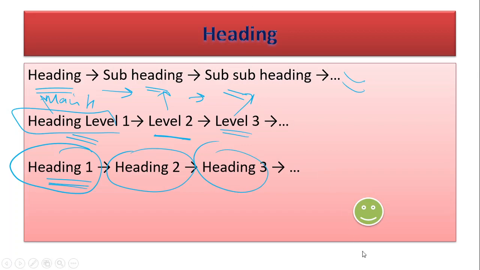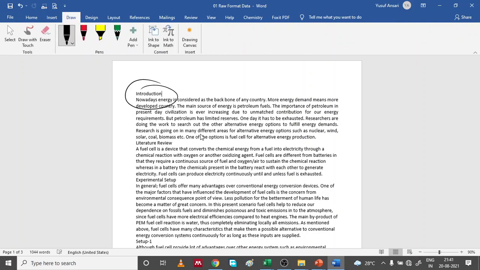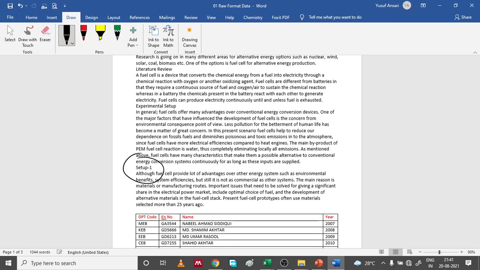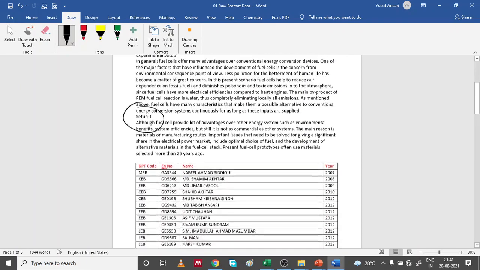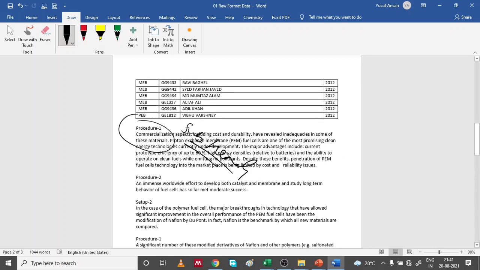And so on. For example, suppose I take one report, this is the introduction, and I say it is the main heading. Similarly, now come to the next part. Suppose setup 1 is also treated as a main heading. Now in that heading we have a procedure. Procedure is the subheading. So procedure 1, procedure 2 are also subheadings of the setup.